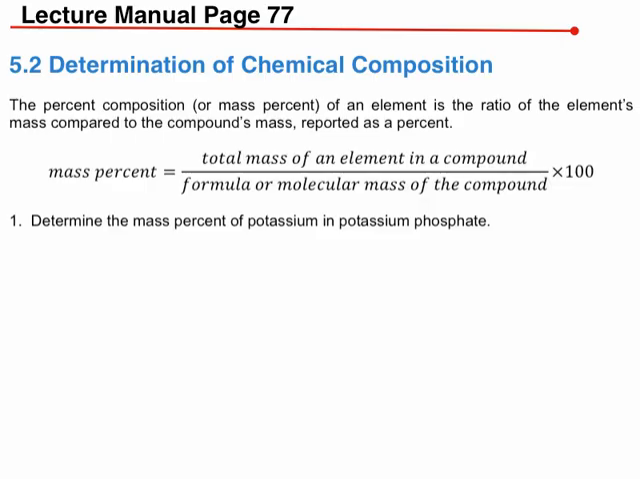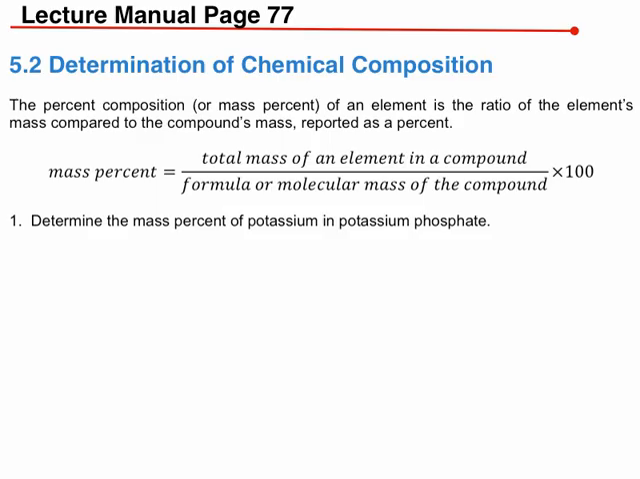So the determination of chemical composition is pretty much the calculation to figure out the percent composition, or the mass percent, of a specific element in the compound. For example, in order to find the mass percent, you use the total mass of the element that you are interested in, divide by the total mass of the compound, and then multiply by 100. For example, if we want to figure out the mass percent of potassium in potassium phosphate,